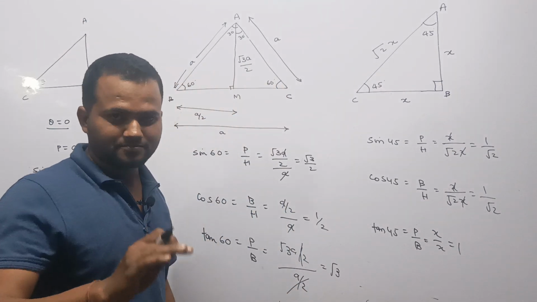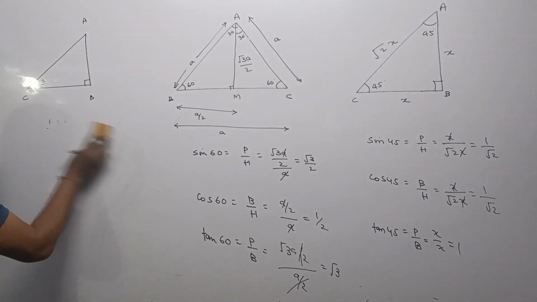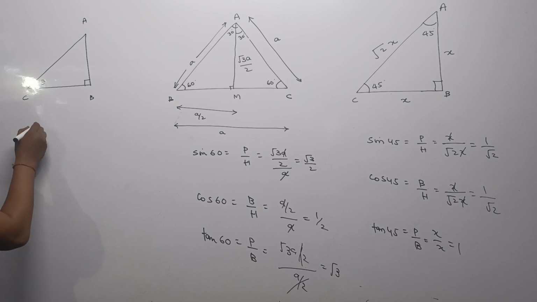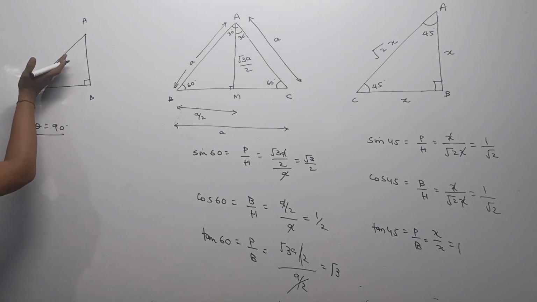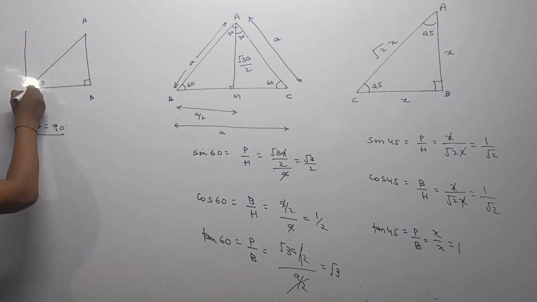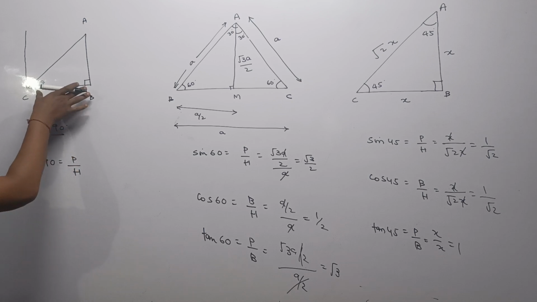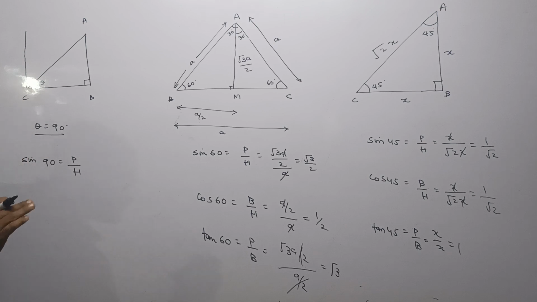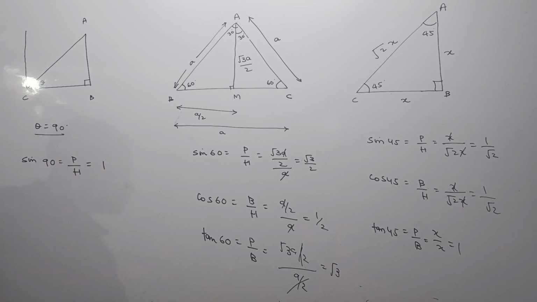Now if we talk about the 90 degree value, let's come back again to the very same figure, the very first figure, and let's assume something. If we want to find out the value for theta equal to 90 degree for different t ratios, what I need to do is move this theta up to this point such that here the value of theta comes out to be 90 degree. And in this case, if I write sin 90 degree, it will have the value of p by h. If I am taking this up to this height, perpendicular and hypotenuse both will be equal and the same, that's why it will be equal to 1.